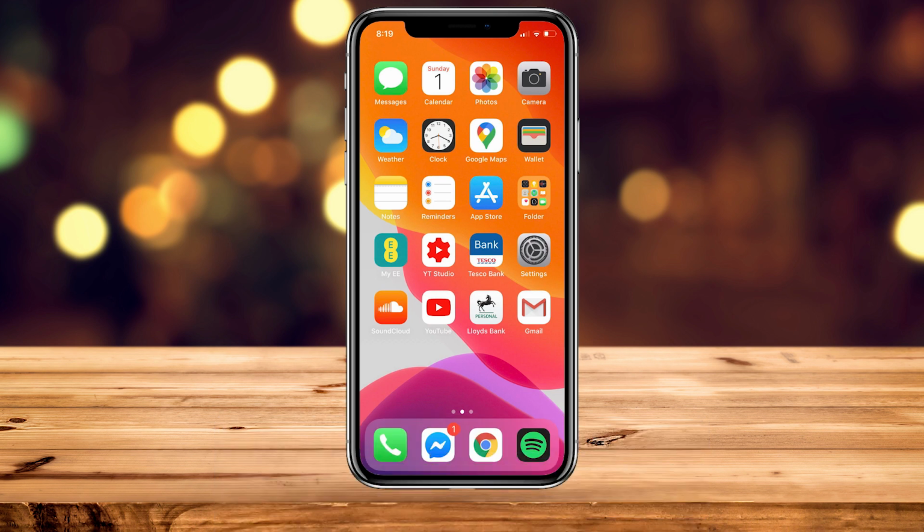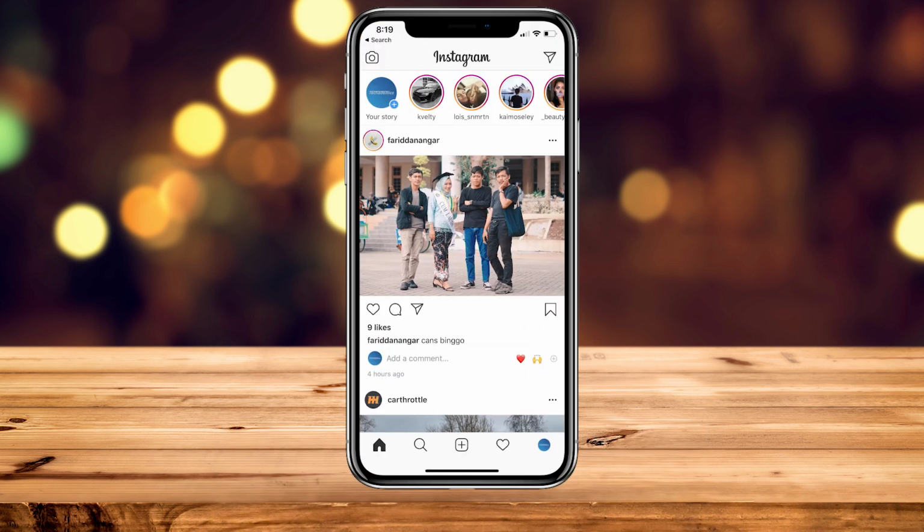So the first thing you need to do is go ahead and load up Instagram, and once it's loaded up it will take you to the home page. You then need to go ahead and find the person you want to mute. Once you've found the person you want to mute, you want to click on the three dots just to the